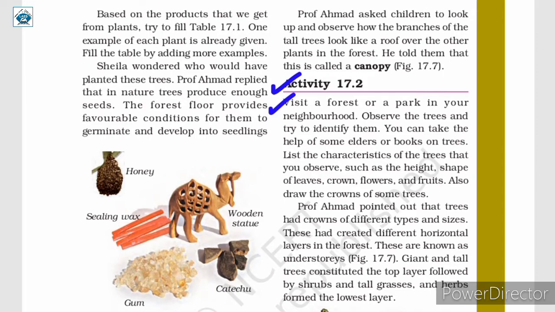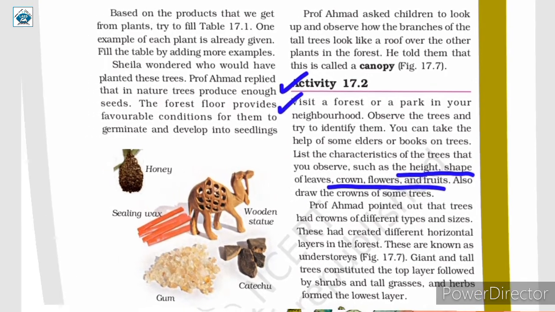You might have observed different characteristics of each tree, such as the height of the tree, shape of its leaves, crown, flowers, and fruits of the tree. After your observation, you need to draw the crown of the trees that you observed.